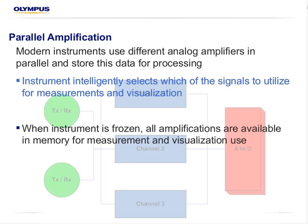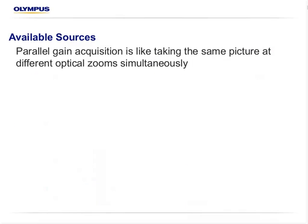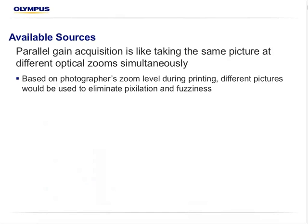So while adjusting your gain after it's frozen is kind of a foreign concept to many people, when your amplifier and your receive circuit is set up in this more modern way, it's really possible to do this without detriment or any decrease in your resolution or the quality of your inspection. And if we go back to our camera example, this is very similar to taking the same picture simultaneously but at different optical zooms. The photographer may or may not want a zoomed-in picture or a zoomed-out picture. And so instead of taking several pictures in series at different zooms,